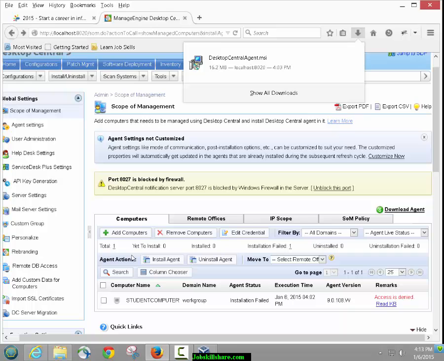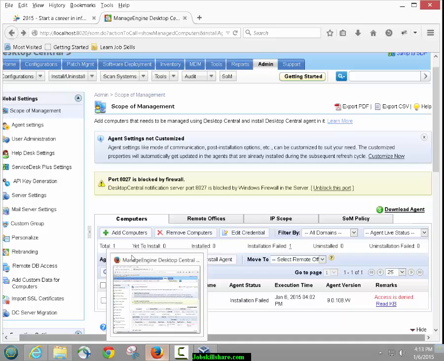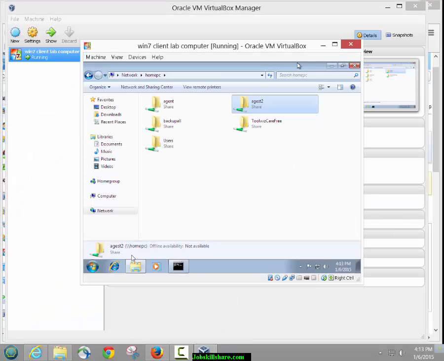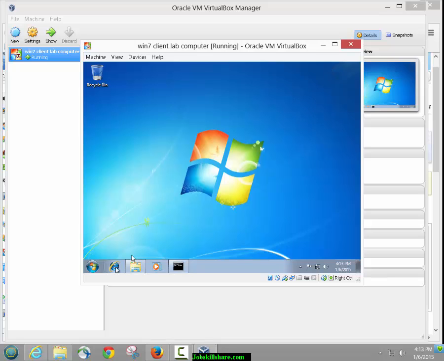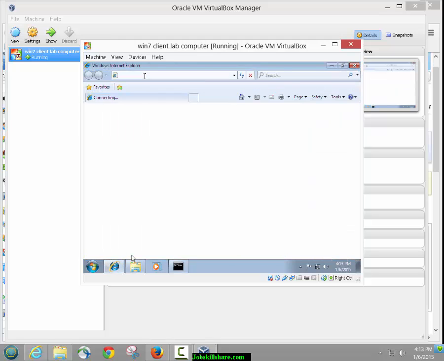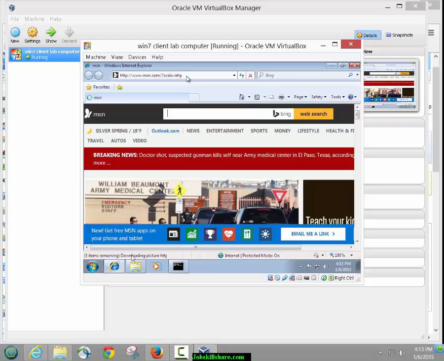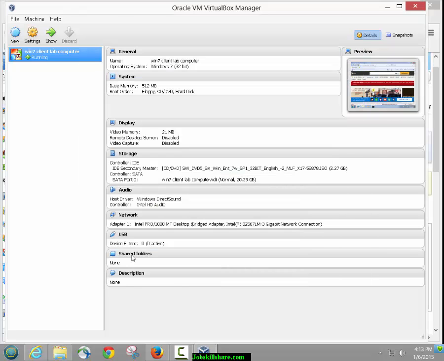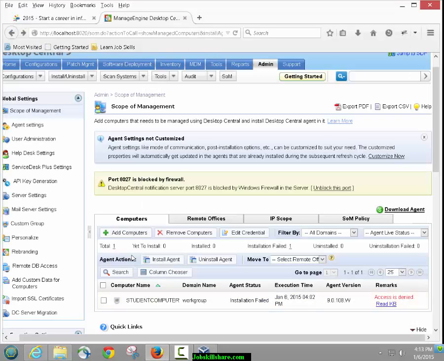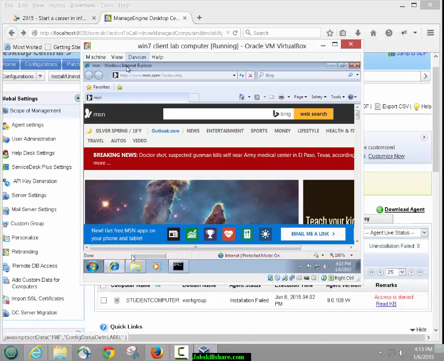I'm not sure if it's going to work, but let's try this. Log in to the same VirtualBox here, and we'll click on the IE. We'll put the IP address and then the 8020 address, and see if it works. That's also going to tell you whether your web link is working or not. That's another way to check that. So we'll put the IP address in here, and let's see, what's the IP address? 8020, I believe it's